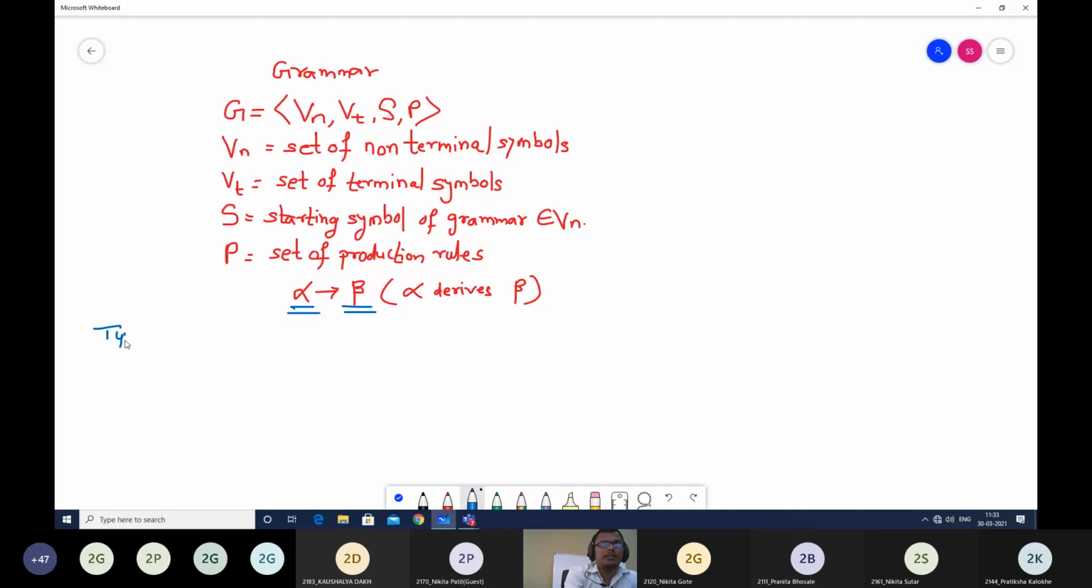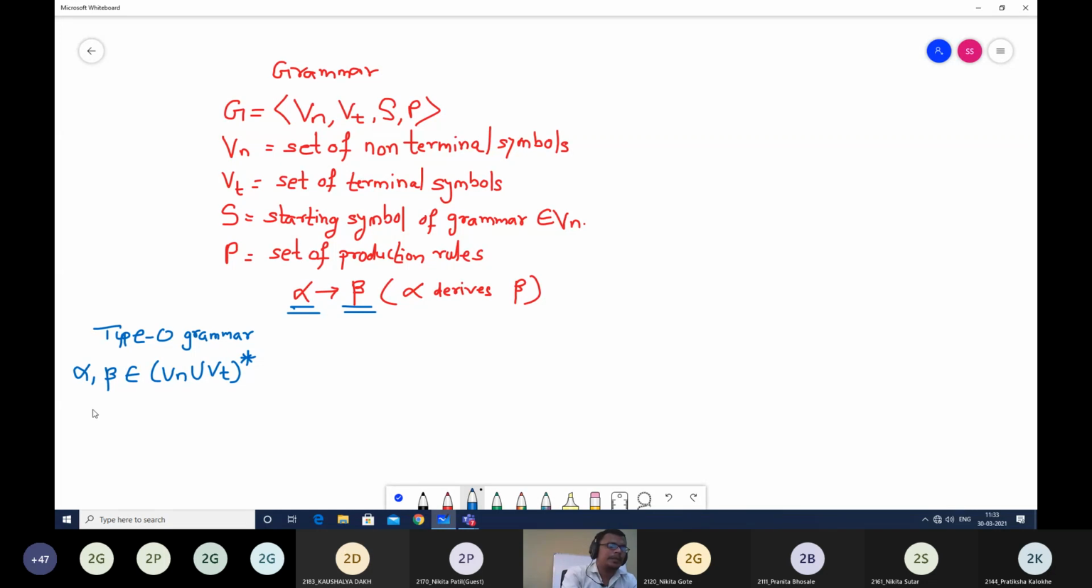What is the first type of grammar? First is type 0 grammar. In type 0 grammar, alpha and beta both can be any combinations of terminal and non-terminal symbols. So you can make any possible combinations out of your capital letters and small letters while writing your production rules